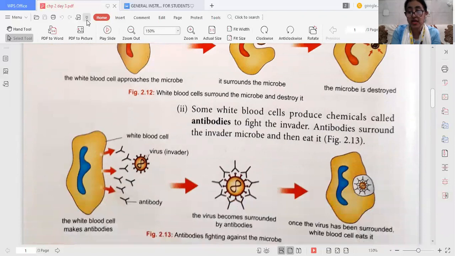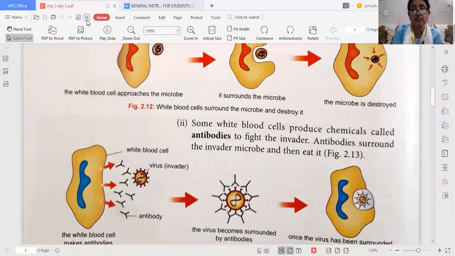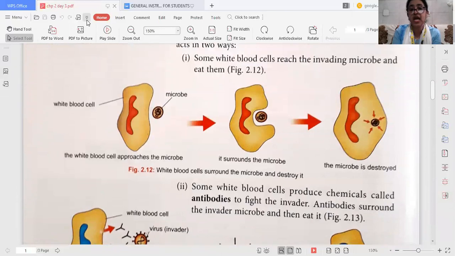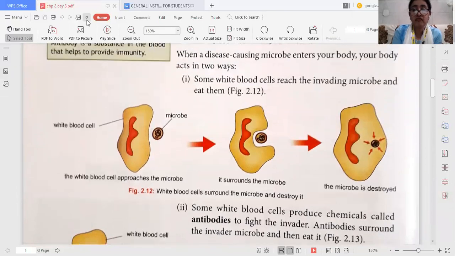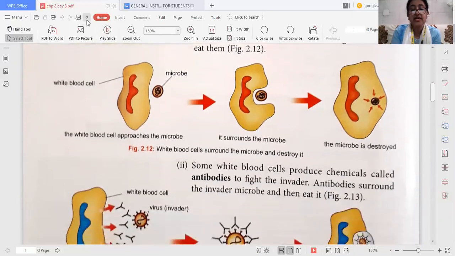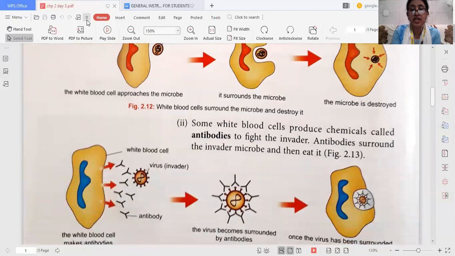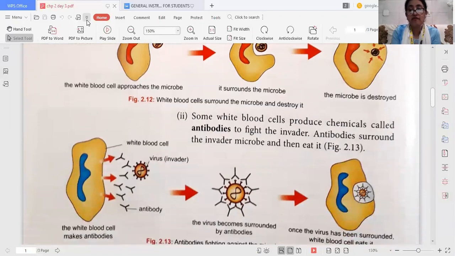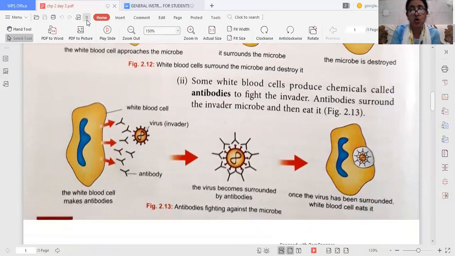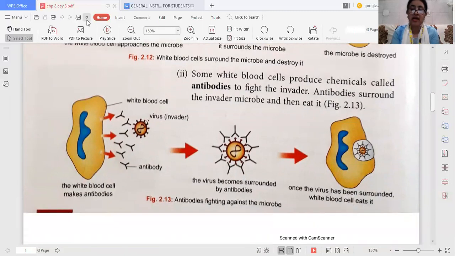You can see a diagram is given. Again, I will repeat. See very carefully. First, some white blood cells reach the microbe and eat them directly, means they destroy them directly. But the second is some white blood cells produce antibodies which destroy these microbes. So that is how they create immunity. Now the next is